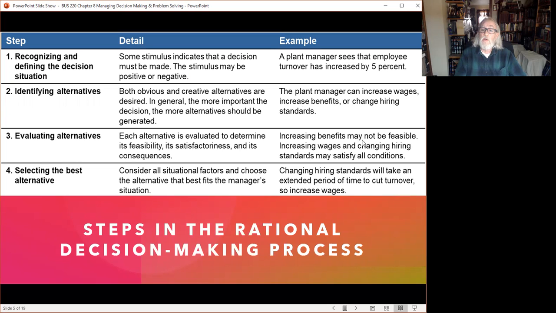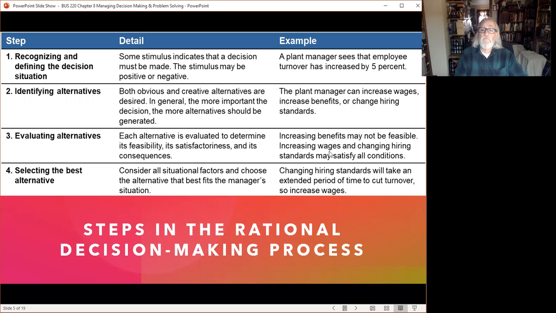the best one. Increasing benefits might not be feasible. Why would that be? Well, for one thing, it's not something you can do quickly. Changing benefits really has implications for what do you change it to? Are you going to change providers? Quite often these things are complicated and they're in packages. And so it's a more long-term project where you would have to bring in probably the HR manager and say, we want to increase the benefits and how can we do that and what would be the cost? And so this would not be a quick and easy solution, maybe feasible, but likely not feasible certainly as an